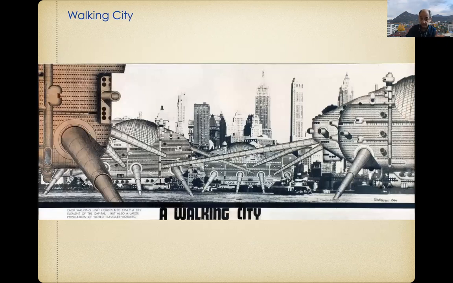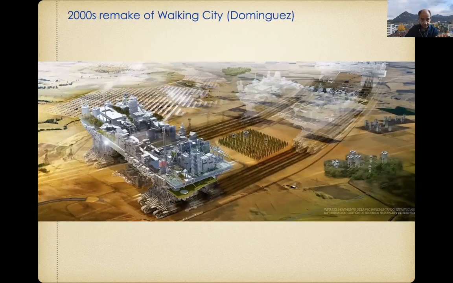And this is one of the projects, Walking City is another project. So you have the Instant City, Plugin City, Walking City. Probably the most radical and the most unbelievable. So this city would not disappear like the Instant City, would not just grow as time passed. This would move just around the world, right? This is more science fiction and more theoretical, but curiously, we have in the 2000s,